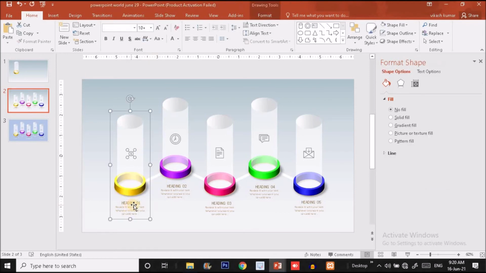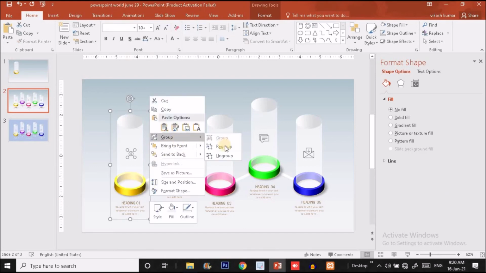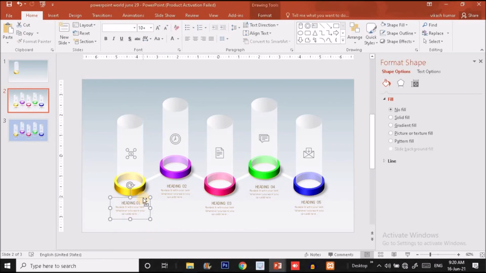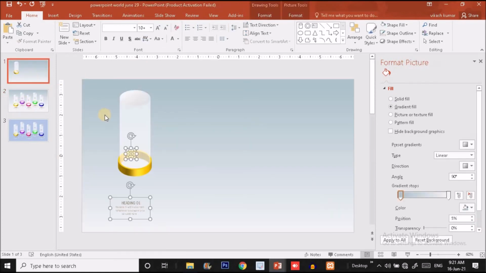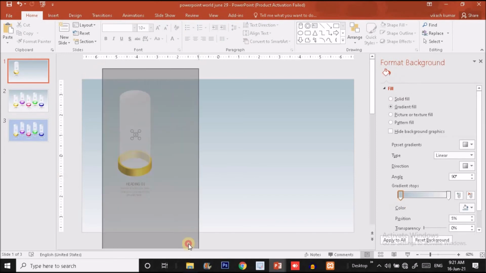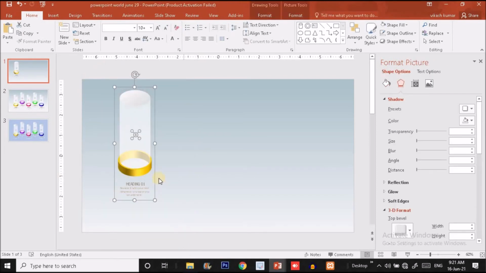So I'm going to add this text, let me ungroup it. I'm going to add this text group as well as this icon. So press Ctrl C and press Ctrl V on this slide, and put this text over here like this. Okay, guys. So now it's time to group this element by pressing Ctrl G and put it over here like this.